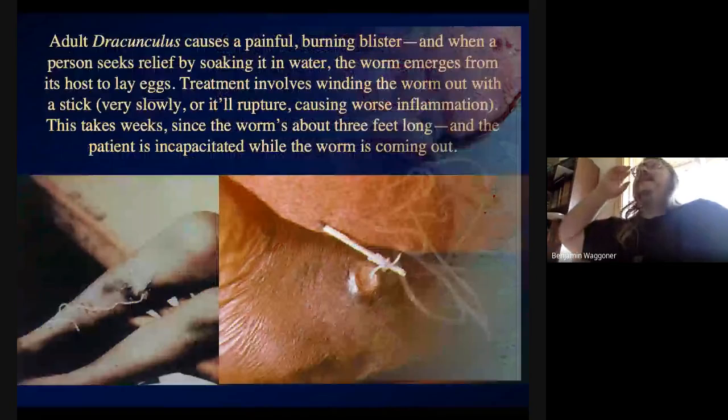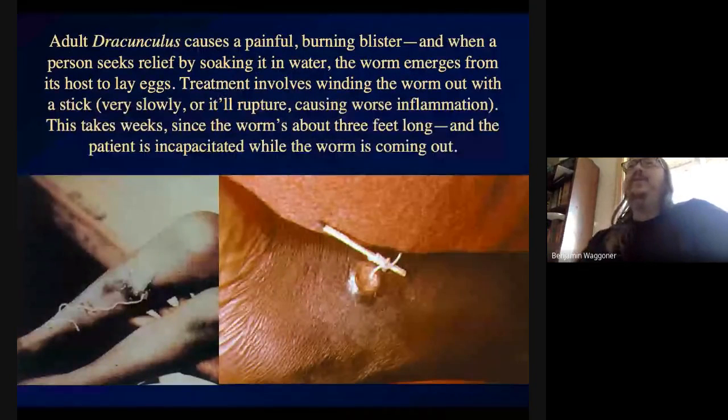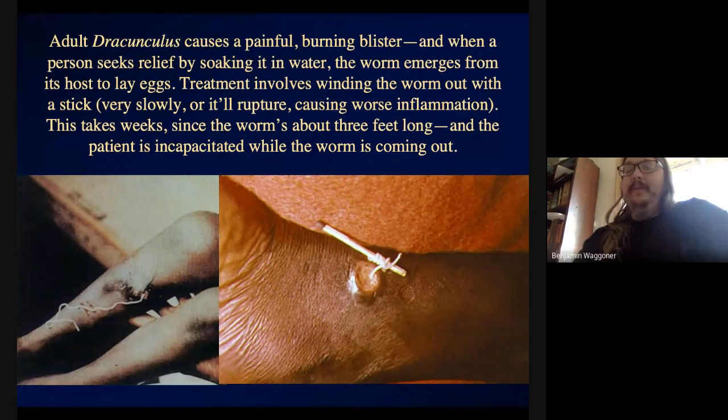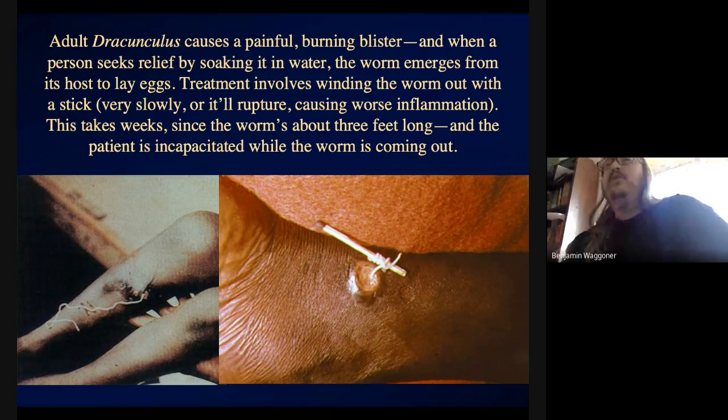Last group I'm going to talk about, Nematomorpha, includes genus Dracunculus. Dracunculus is affectionately known as the Guinea worm. Guinea worm goes through larval stages in crustaceans that live in drinking water, little copepods. When the copepods are swallowed by people, the juveniles burst out, develop into adults, and a mated adult female will